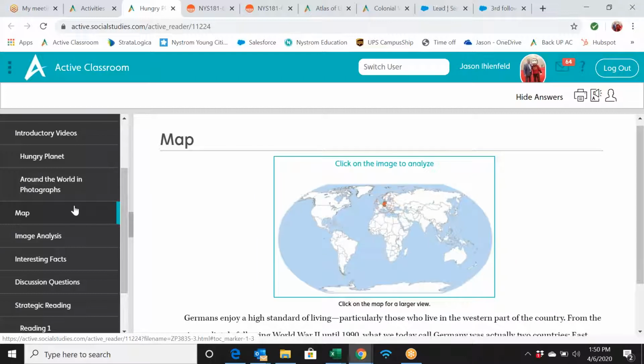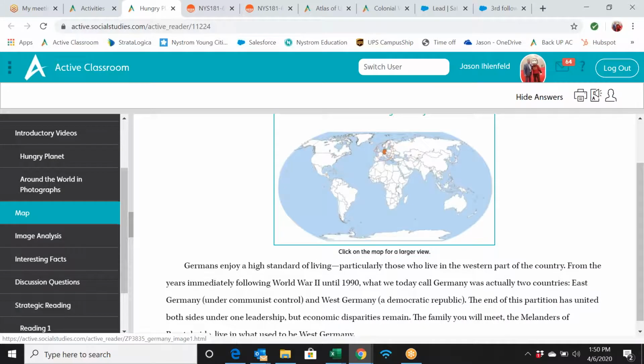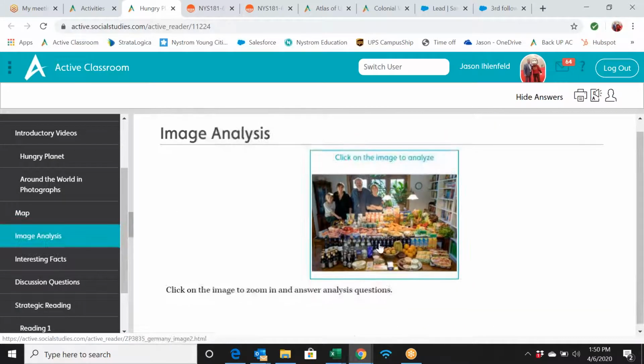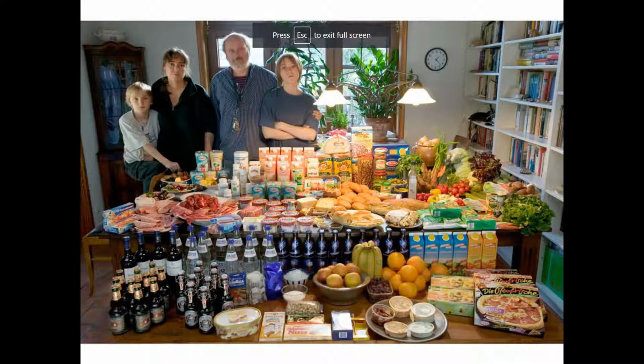They researched these countries, and there's a big culminating activity at the end of this where the students are going to analyze statistics. But for this one here, you start off looking at Germany. It gives us some background information on Germany, and then we're going to click on this family. So the authors and photographers traveled the world and they said, we want you to put out everything that you eat in the course of 1 week on your kitchen table,